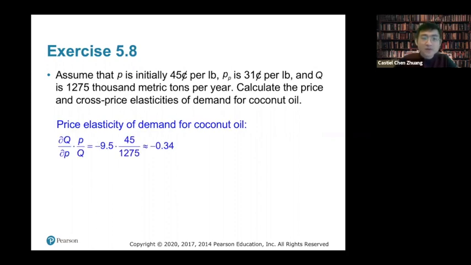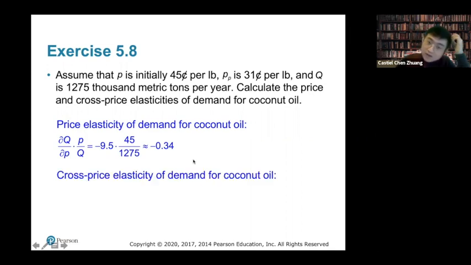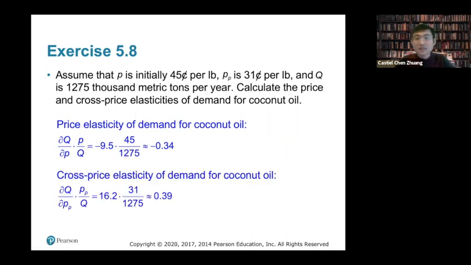So for the price elasticity and cross-price elasticity, let's just calculate the price elasticity of demand first. So just apply the formula. We have an expression for Q, and the derivative of Q with respect to P is just the coefficient before P, which is negative 9.5. And then we know the value of P, we know the value of Q. Just plug in the values of P and Q to get the elasticity. And for the cross-price elasticity, the formula is, now you are interested in how the quantity demanded for